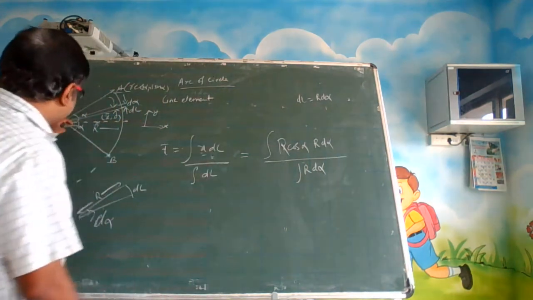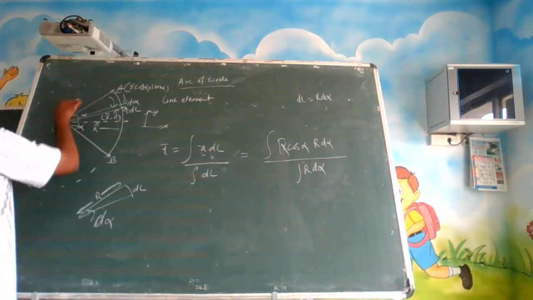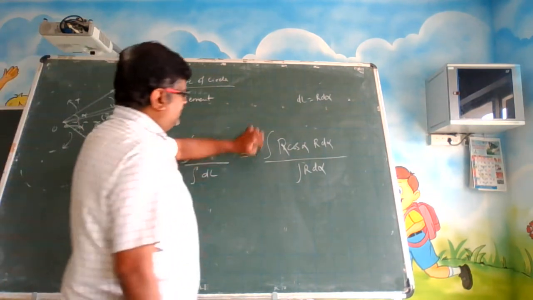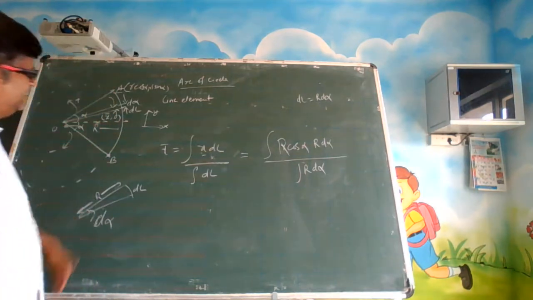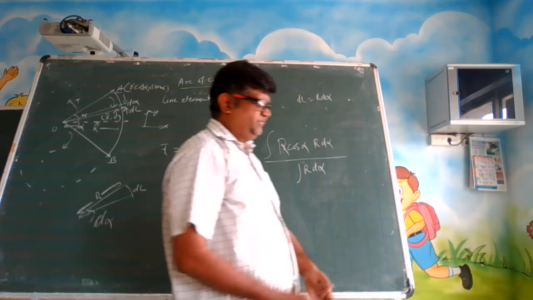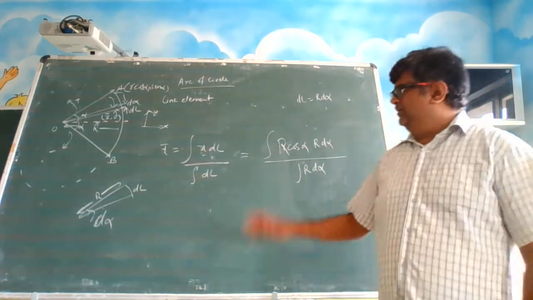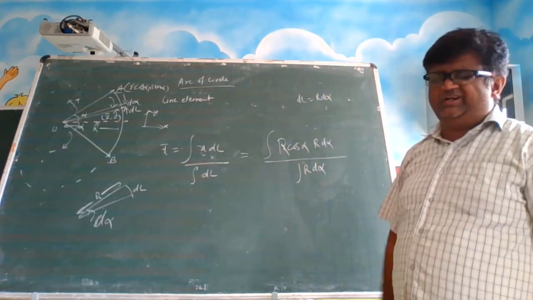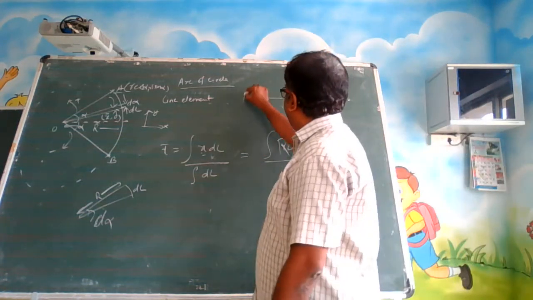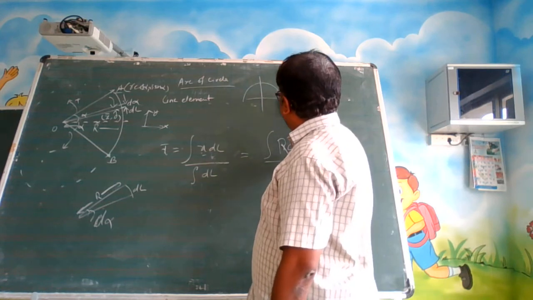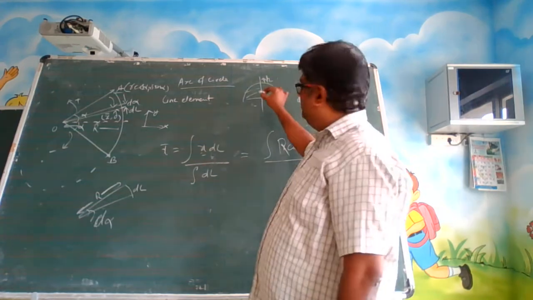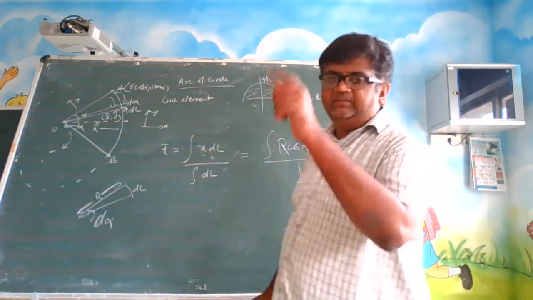So you can see here, if you measure in this direction it is positive, then it will be negative in this direction. You can write minus alpha to plus alpha, but since symmetry is there, I am doing only for the half. When symmetry is there, yesterday also we saw that for the semicircular arc we can integrate from 0 to pi by 2 only, because this is symmetrical to this. Even if you do from 0 to pi, you get the same answer.